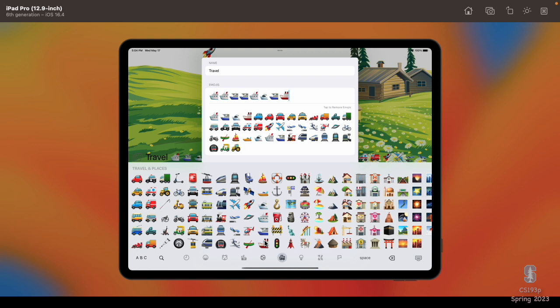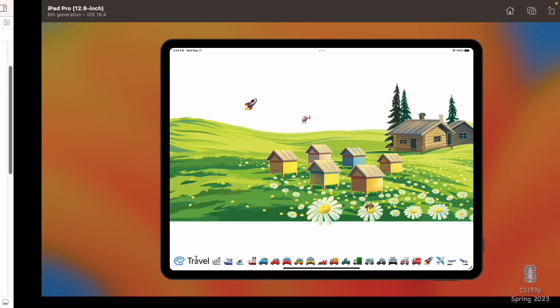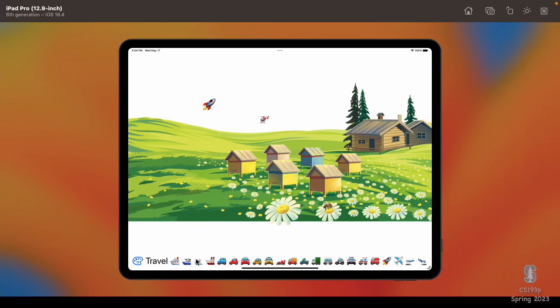You're starting to get the picture here that by binding everything, everything just works. You add things to your model and they show up. They show up not only up there, look, they show up here. You see? Travel, I just added those ships. What about removing emoji? Let's do the tap to remove. We'll go down here and see that our travel has added our ships that we added there. And of course, our palette thing is completely persistent. So every time we quit and come back, it's all still there.